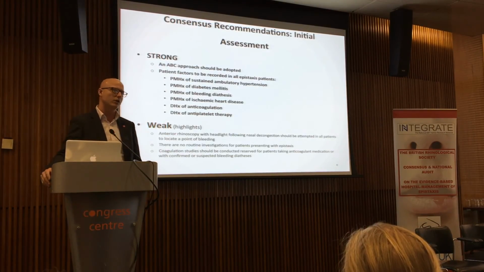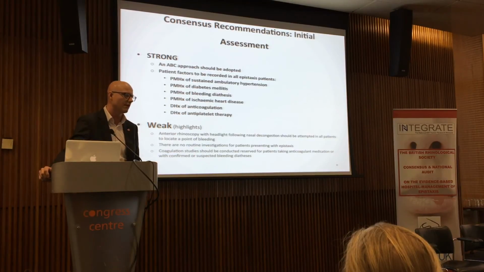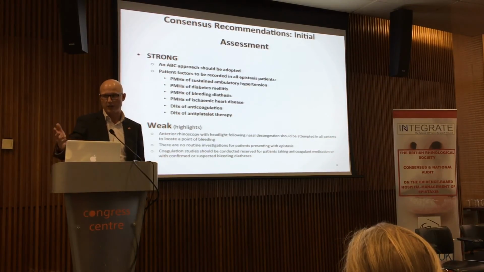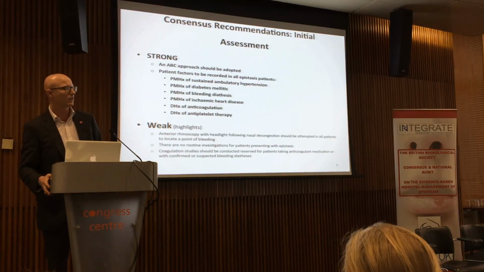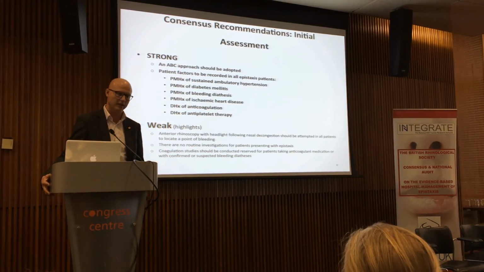We're not going to go through all the consensus findings today, and there's a very good reason for that. This first cycle of the audit is to find a baseline. We're not here with a stick to batter the units to say you're not doing this, you're not doing that, because at the moment the guidelines aren't formed and we need to know what's happening at that moment. The pilot suggested, and we'll talk about this later, that there is a large variation in management. So who are we to say at this stage how we should be doing it? We can only tell you what the evidence is.